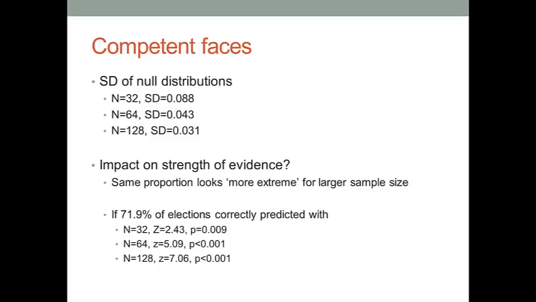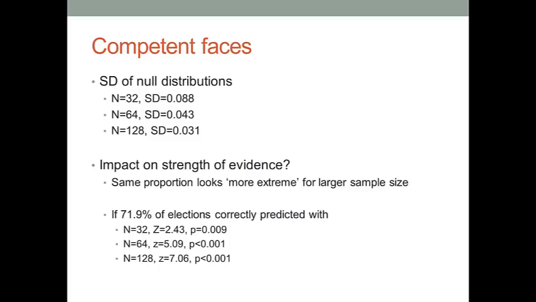So what's the impact on strength of evidence? Well, the same proportion looks more extreme for larger sample sizes. For example, if 71.9% of elections are correctly predicted with a sample size of 32, that's the real data, your p-value is about 0.009. But if the sample size was 64 and that same 71.9% of elections were correctly predicted,